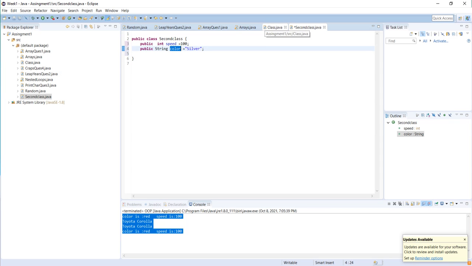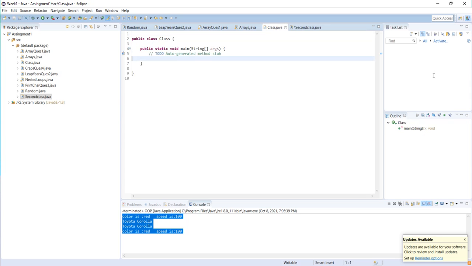I'm gonna go back to my main class and call my attributes from the main class by creating an object. It's pretty simple if you try to understand.